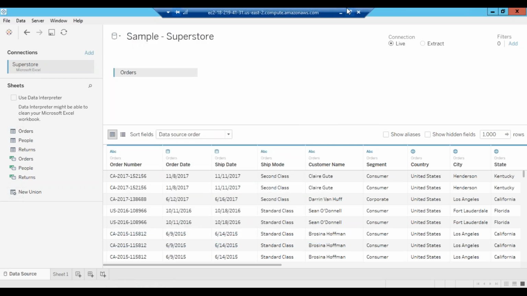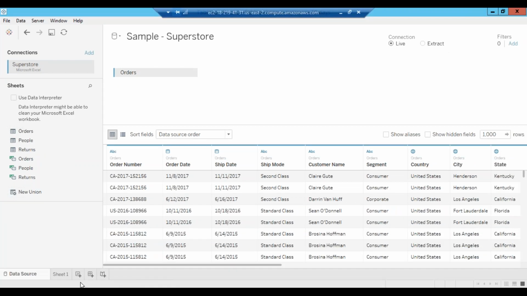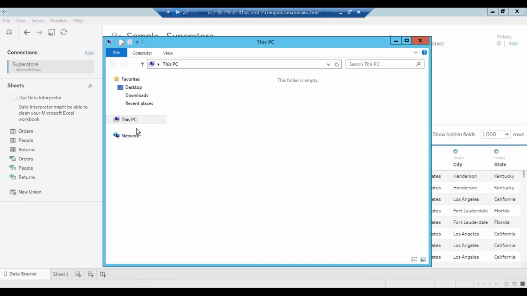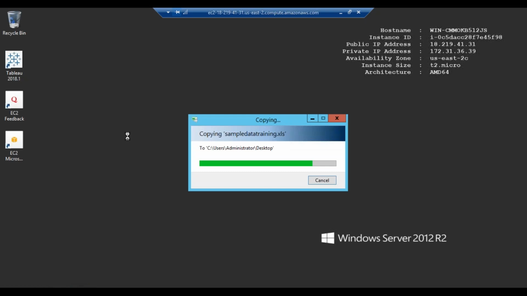Let me just add one for the purpose of demonstration. I'm just copying an Excel file onto the desktop.